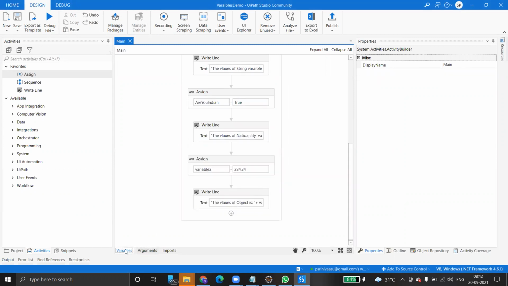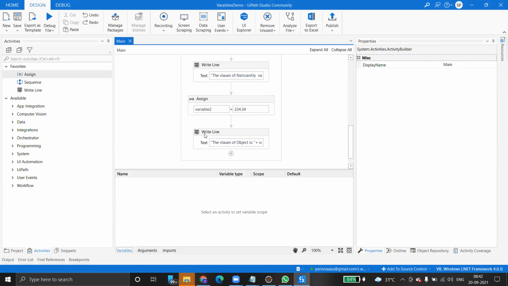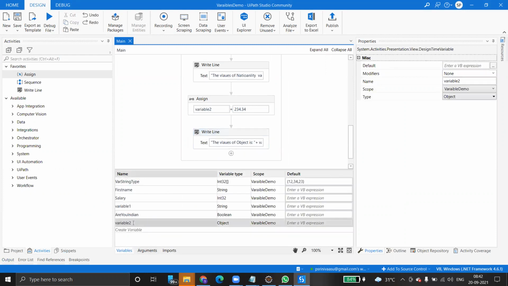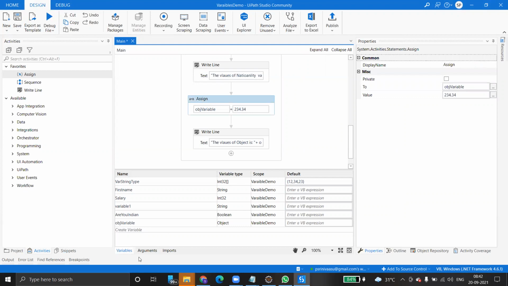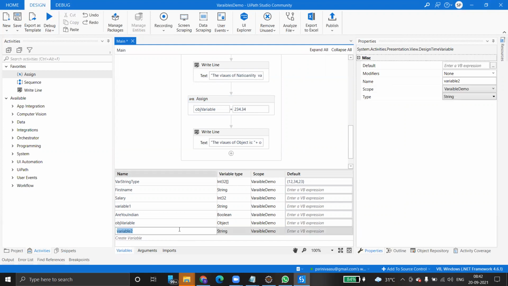Yes, sir. Instead of giving some odd name, I will give a proper name of obj variable. Okay, obj variable 123.34. Now done. Let's go here. Just one more variable type. So variable one we have used, and then I'm just going to create another variable. Here, just click here. Then I will see what is Array of T. I have already discussed what is Array of T. So I'll name this one marks.